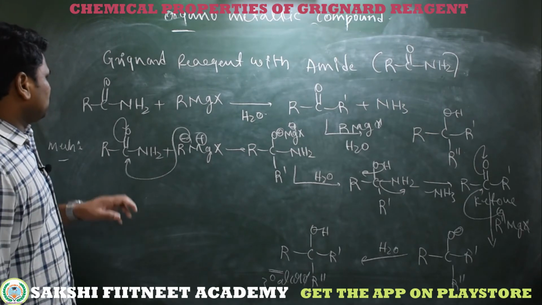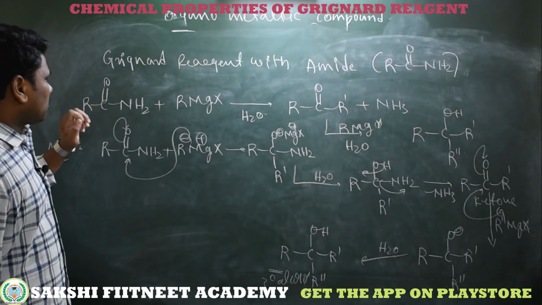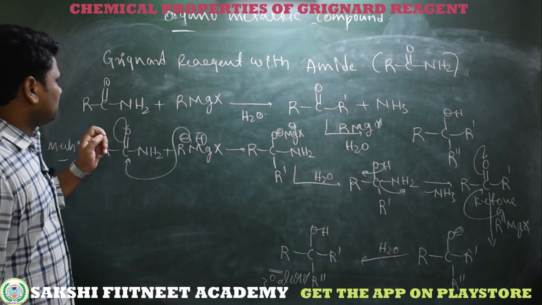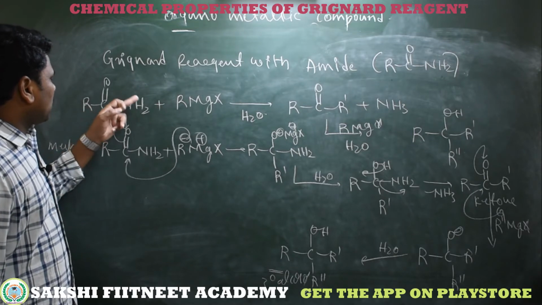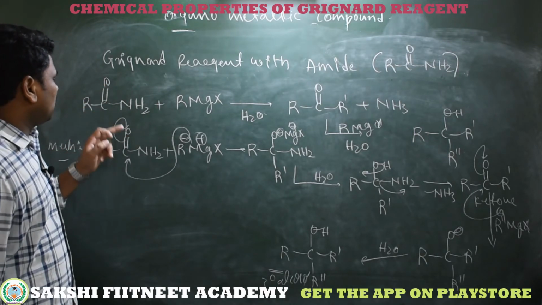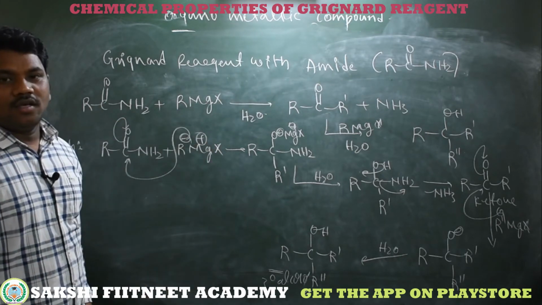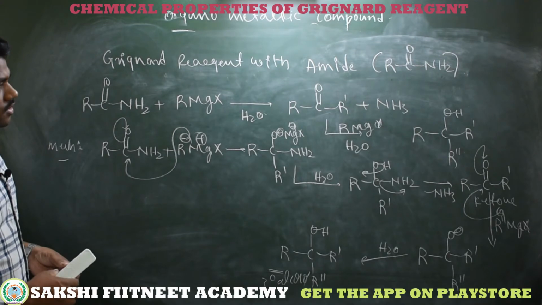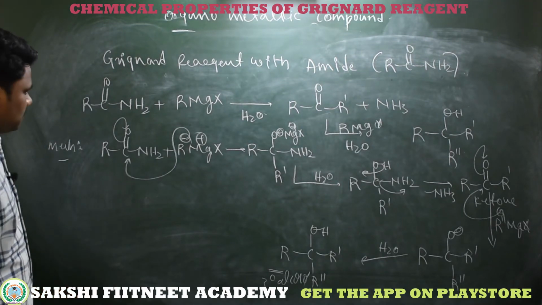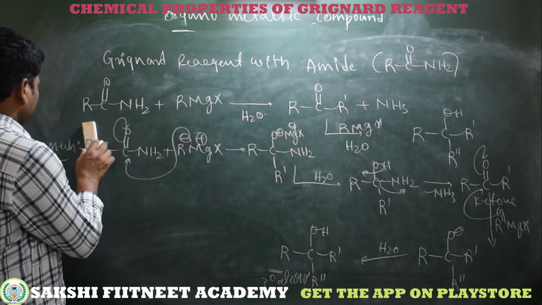Same mechanism, that is in an ester, carboxylic acid, amide. In a carboxylic acid we have an OH leaving group, that is OH, H plus, minus H2O. In an ester, OR minus, H plus, ROH. In amides, NH2 minus, H plus, NH3. So this is the mechanism and the reaction path. I am taking some examples, then it becomes very easy.